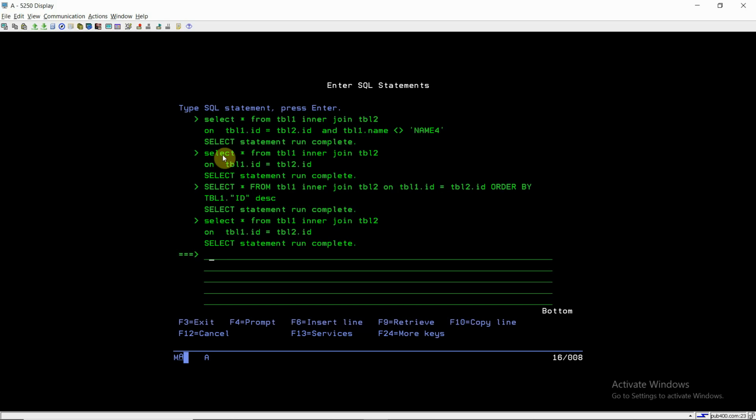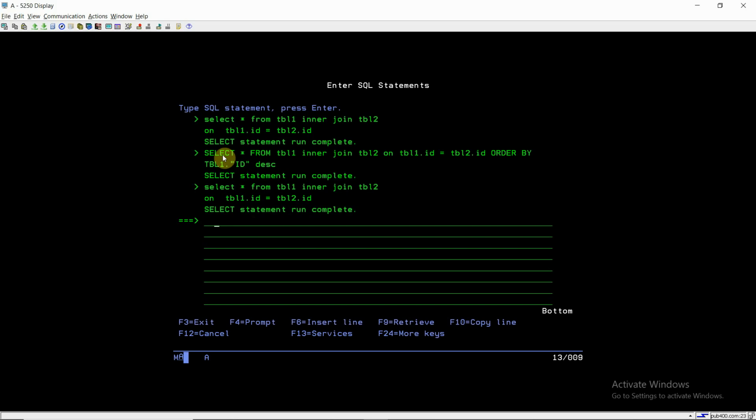Now I'm going to give the demo of outer join. So in outer join we will be getting the result of the inner join, which are the matched records from both the tables, plus the records which are not coming into the result of inner join, either from table 1 or table 2 or from both the tables, based on the join conditions. Now in outer join we have three types of join, which are left, right or the full join.